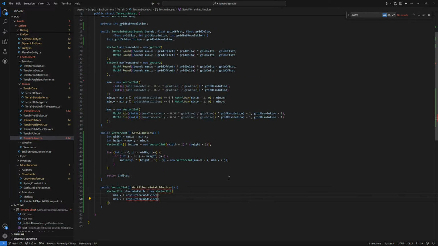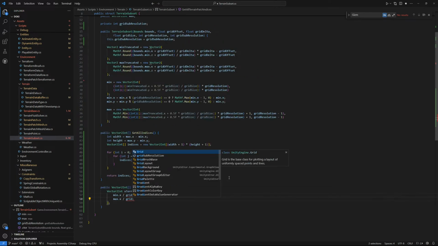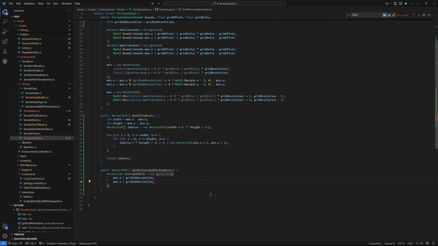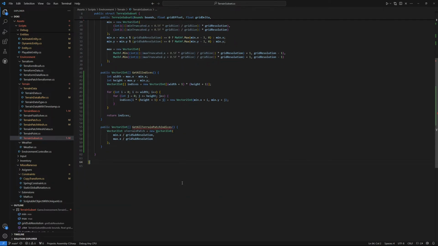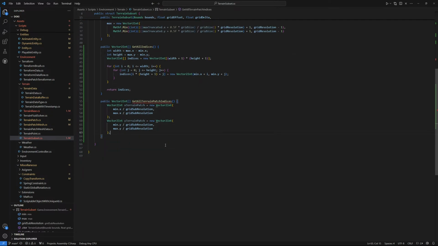And this one we want to replace with grid sub-resolution. And Y, and then we want to do